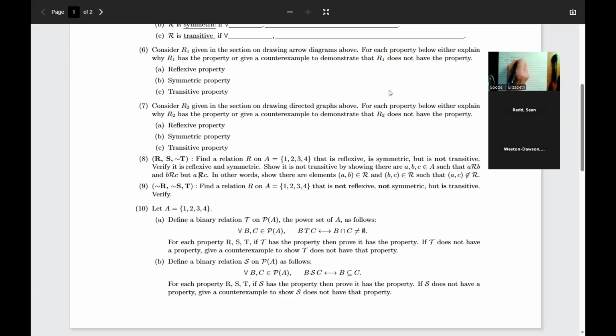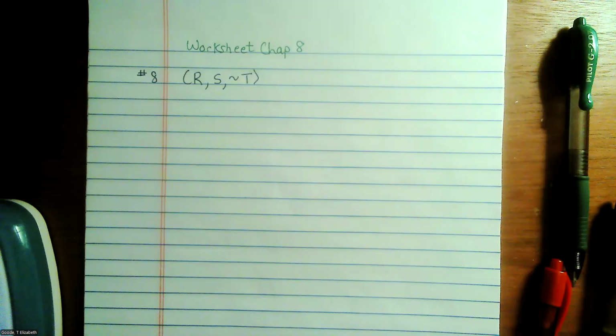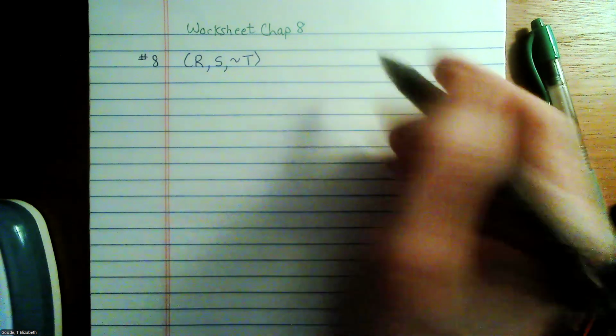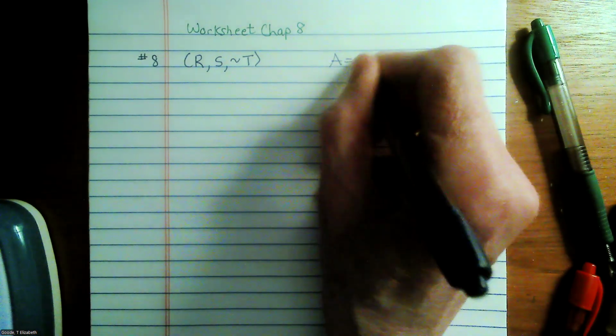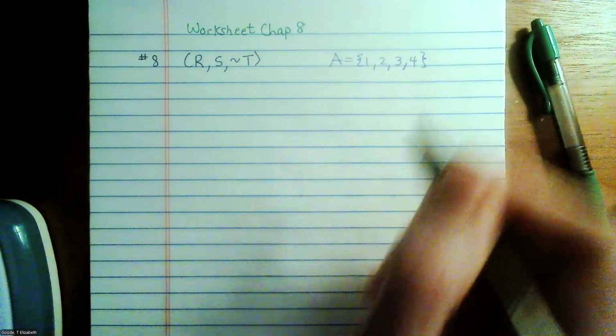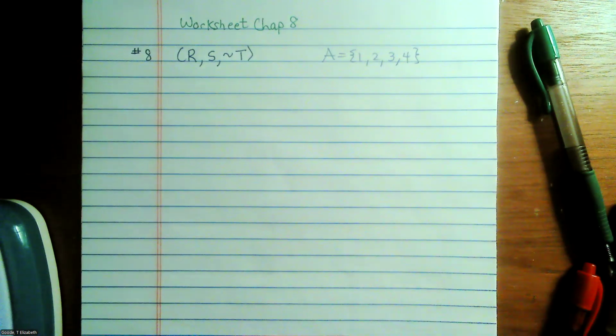So let's see if we can do this. We want R, S, and not T. And A has the elements 1, 2, 3, and 4 in it. All right, so right off the bat, we know we want this to be